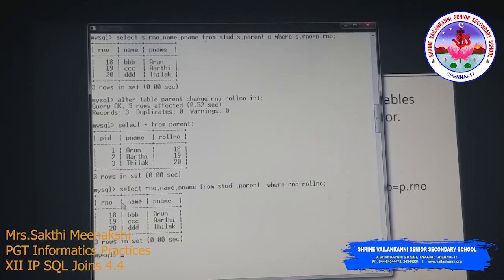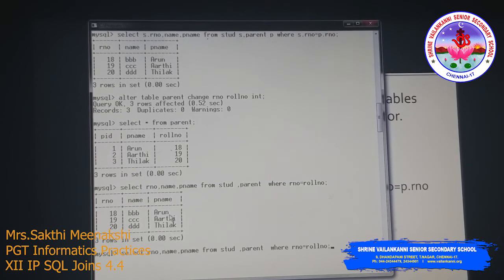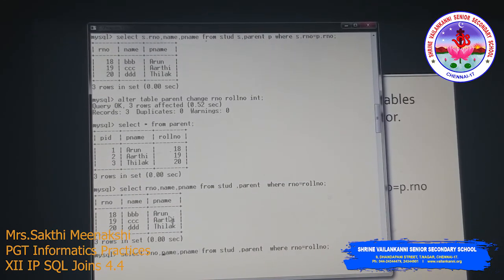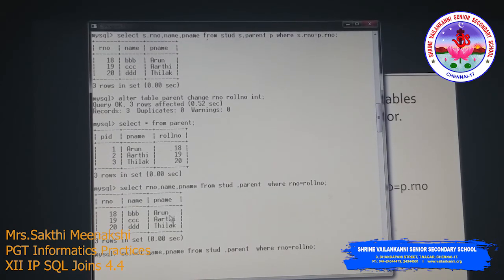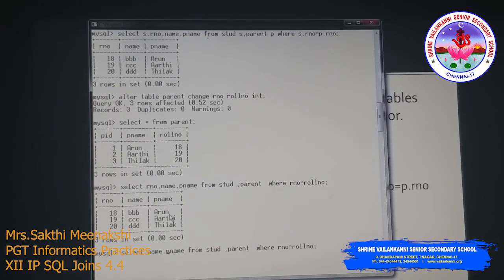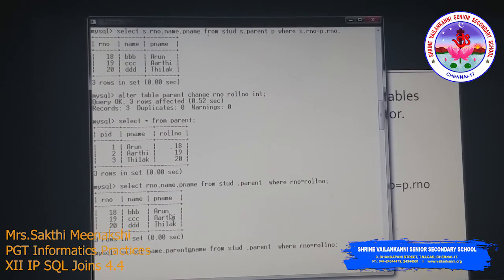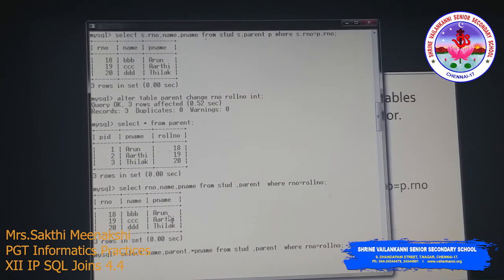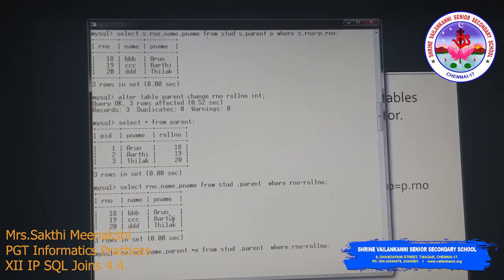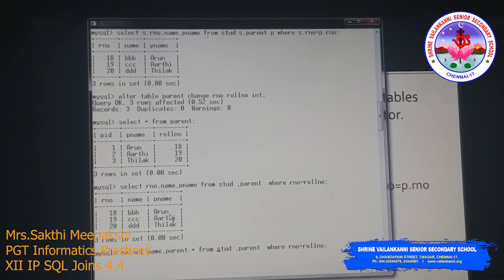Here, instead of using asterisk, if you want all the column names from table 2 and only the name from table 1, in that case you can select name. Instead of mentioning all the column names, you can mention parent.asterisk, which means from the parent table I need all the columns.